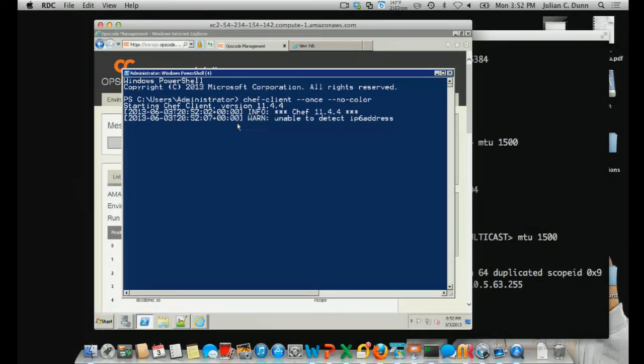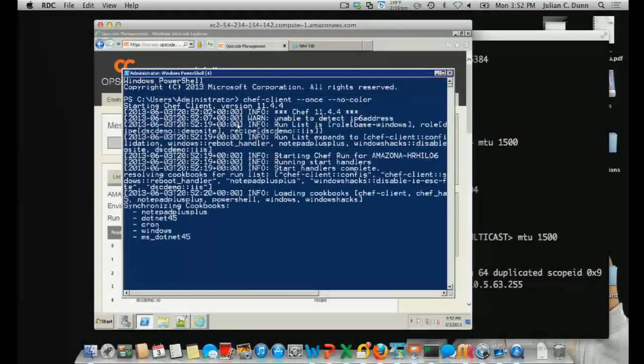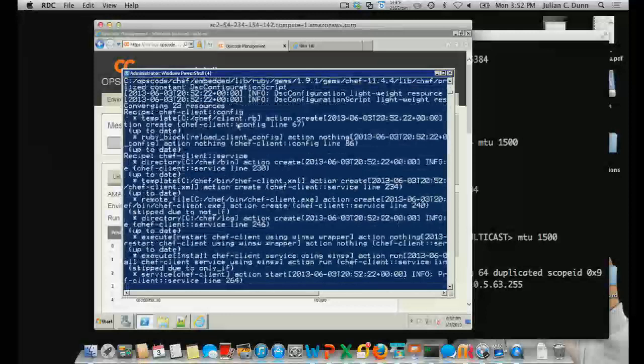and again, it's also idempotent, right? So it's only going to change the things that need to be changed on the system. It's going to go through and find out that IIS is not actually installed, so it's going to try and install IIS, and then it's going to try and write out that default web page, right? So you can see all the things that I do to make the system, those are already applied, and the only thing that hasn't been done, of course, here is to install IIS. So that's going to take a little while.